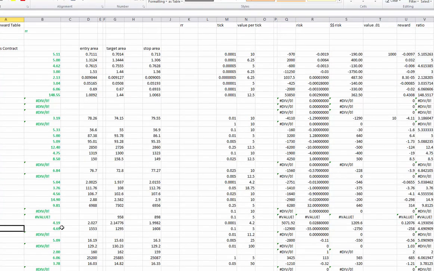RTY. For that one, it's only 4.69, but it's still over 4, or let's say over 4.5. Okay, and that's our entry area on the one that's in the red right now. And then we have the target, and there's the stop area. And if we